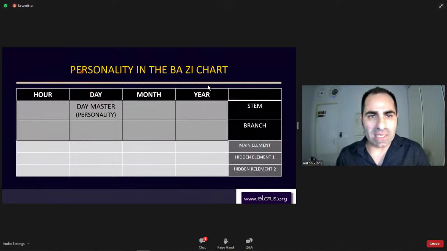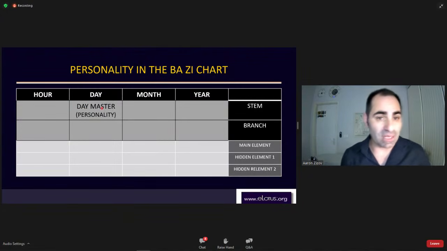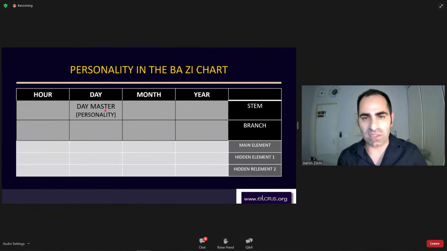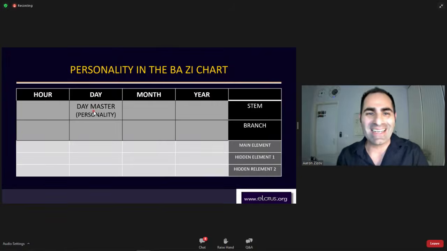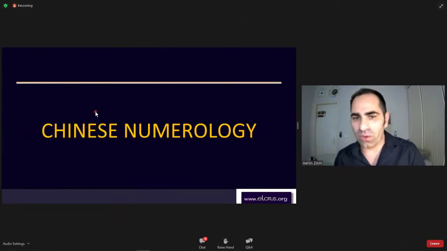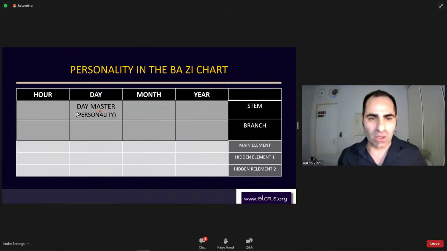Here we can see again the energy of the personality in the Bazi chart with the day master. What is the personality? Is it a water person or a fire person, yang fire or yin fire, it all depends. I will talk a bit about this. Again, this is like a whole seminar just to talk about this chart. And again, all the relationships between all these places on the map. Bazi is the 8 characters, 2 for each stem and branch.